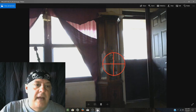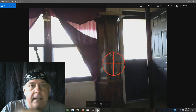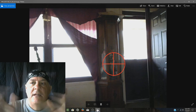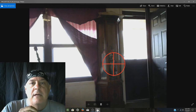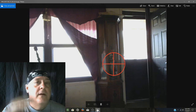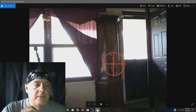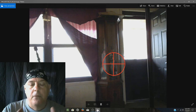Now, there are other angles and other things we can do to substitute for this, but we're never going to get that full view. We have to see what the assassin was looking through. We have to understand the assassin's location. We have to look through the scope and get his view, because if we don't have his view, we're never going to understand if that shot really came from there or not. That's the reason why I'm trying to put this documentary together, because for us, the people, we need to know